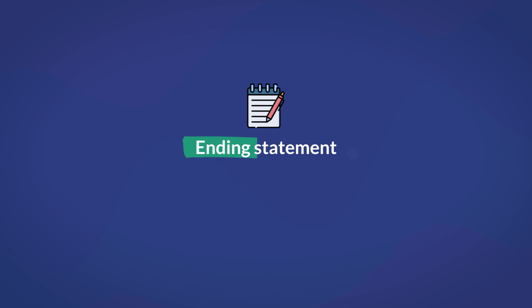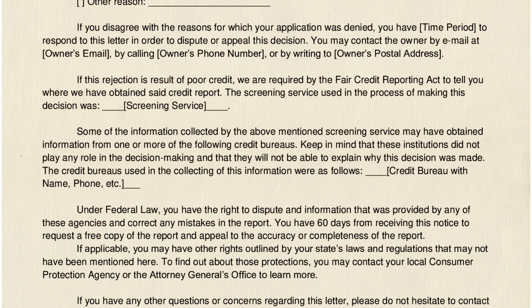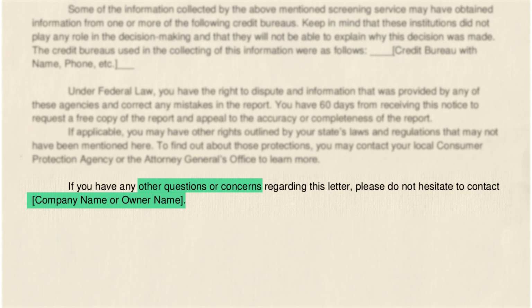And then in the last section of the adverse action notice, it should be some kind of ending statement. This is a nice section to include because it offers some contact information for any general inquiries or questions that the applicant may have. Now, hopefully you can go write a successful adverse action letter, and if this video helped you out in doing that,